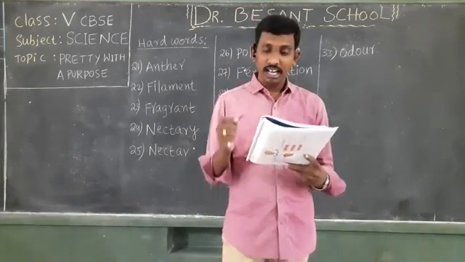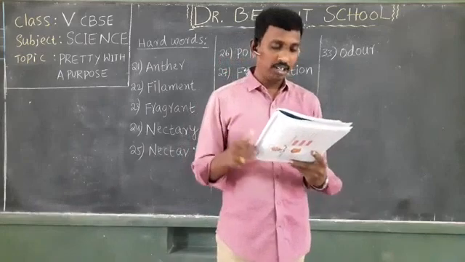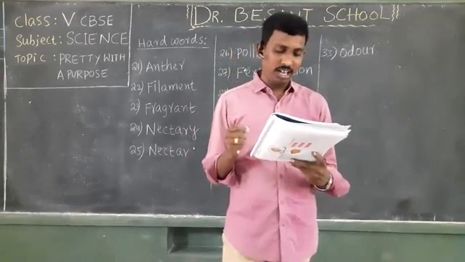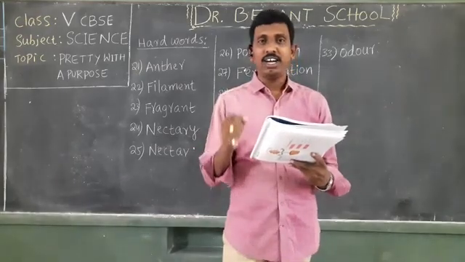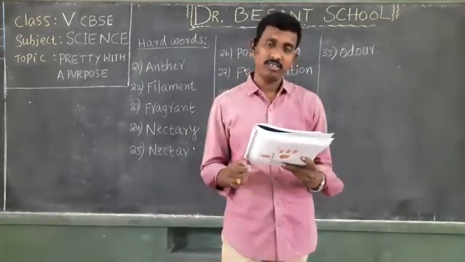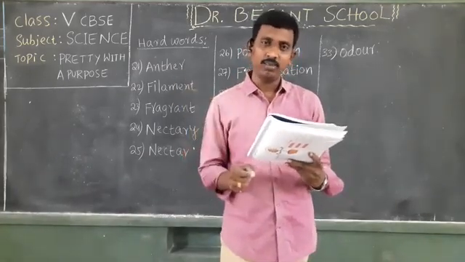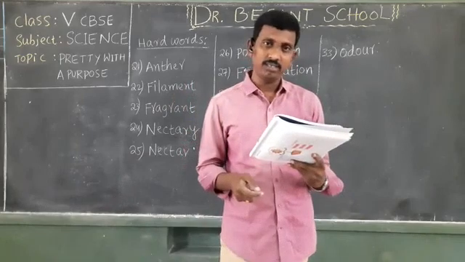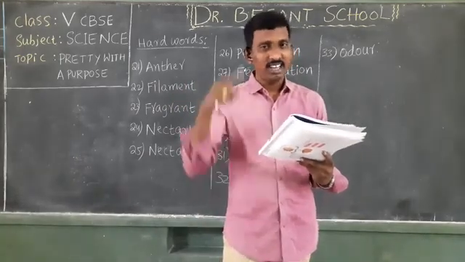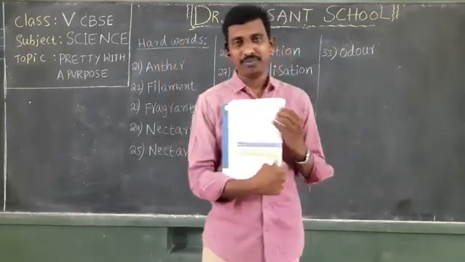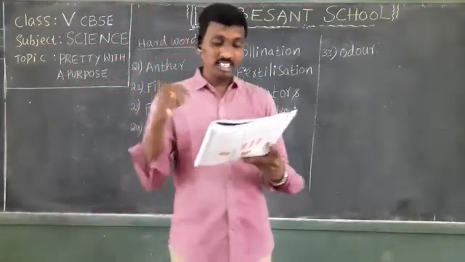Okay, my dear students. Then comes your Companion 1C project time, which you already completed in the previous video. At the end, you have: I can describe how plants and animals depend on each other. Can you describe or not? How plants and animals depend on each other? Are they dependent or non-dependent? Yes, dependent. That means you are able to describe it. Then you can put a tick mark in this column. Now, next one.